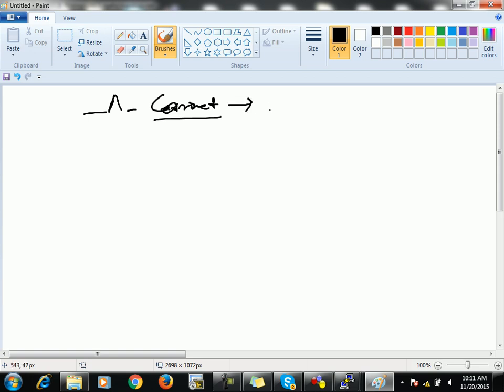Caret means start of the line, we can say beginning of the line. It's kind of HTML language, right? In HTML language also you use all these regular expressions. So caret means beginning of the line,